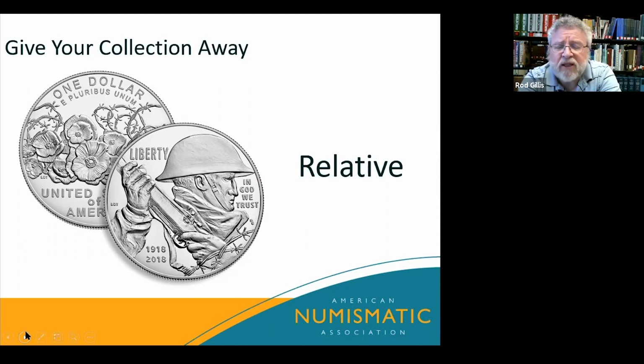I was very blessed in that I played a rather important role in getting this coin minted. Actually, it was my idea to come up with a silver dollar to commemorate the brave soldiers who participated in the First World War. I noticed that